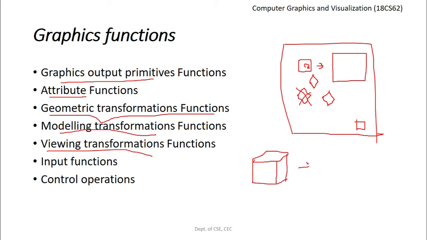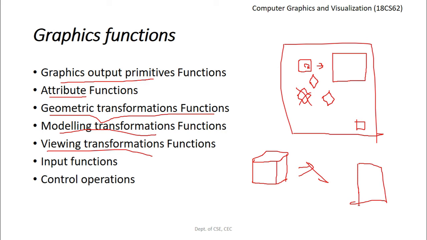So this cube, if I'm viewing it from the front, may appear as a square. One view of this cube will yield us a square. In some other view, we can observe all three faces. It's called isometric view or isometric projection. And then we can have a two-sided view, and maybe the back face view or the sideways view and so on. All these views and the projection are specified using the viewing transformation functions. We can view three faces of a cube, or only one face of a cube, by applying different viewing transformation functions.